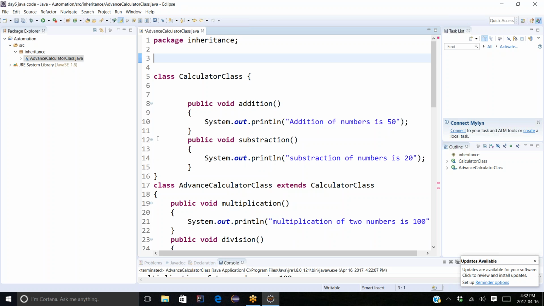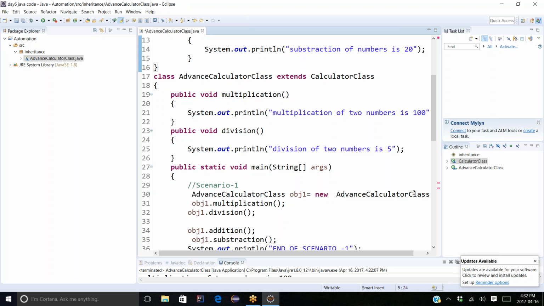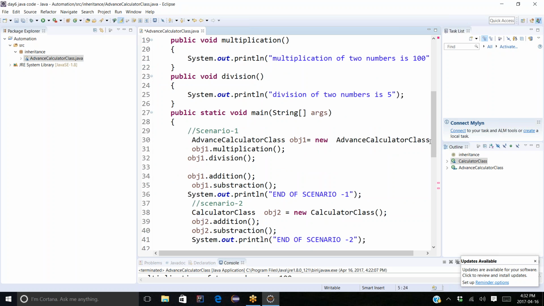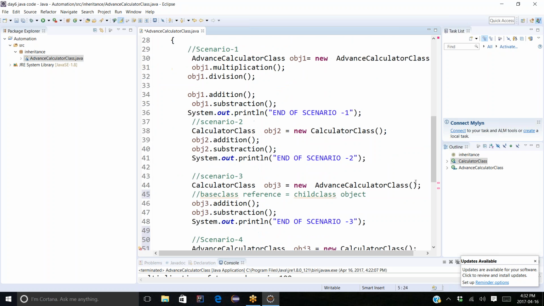Suppose I have 10, 15 different classes, but I want to inherit one into another class. Yes, you can inherit them. Yes, you can inherit them also. What we did is, in the same class, we